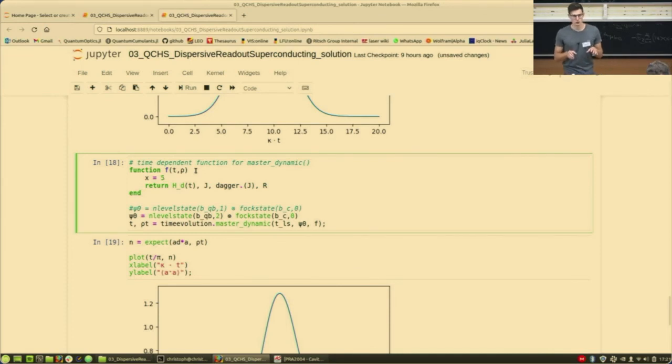A good recommendation for these time-dependent functions, or time-dependent master equations or Schrödinger equations, is don't do too many calculations inside this function, because in every time step you will need to do this calculation. So if you can do calculations outside, for example matrix multiplication, if you need to get the photon number with A dagger A, just define the operator A dagger times A outside, and then put it inside this function,